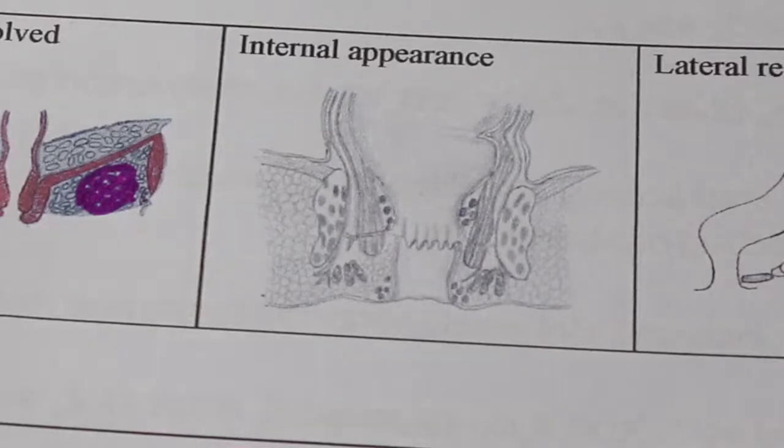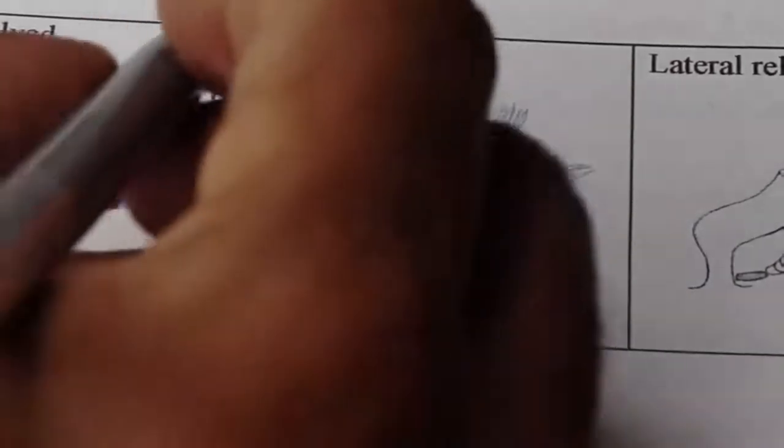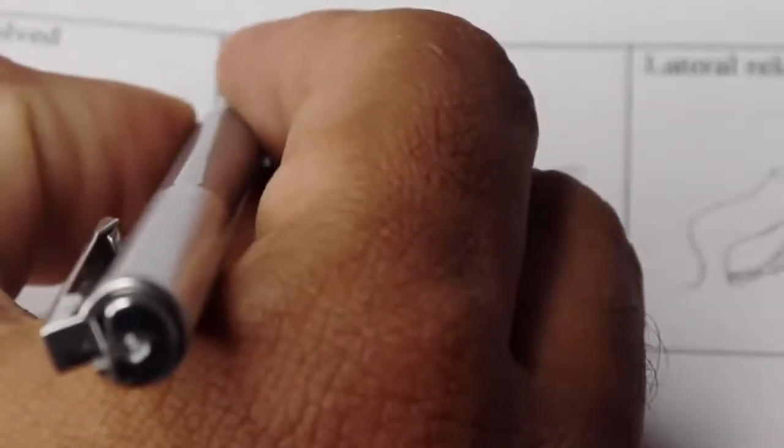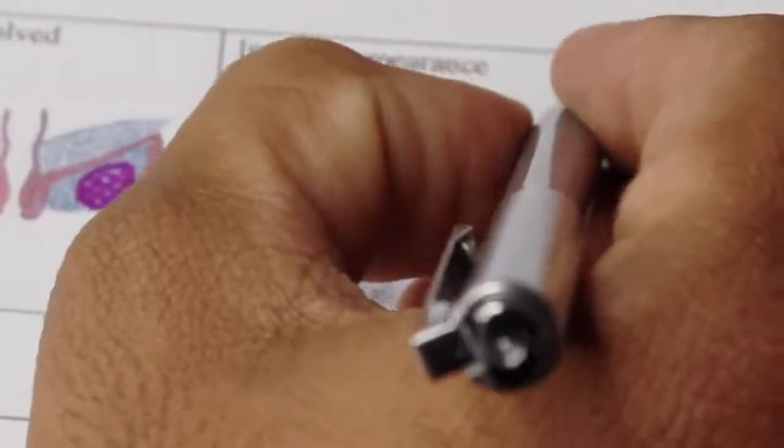With the help of this diagram, we can understand about the internal openings, internal hemorrhoids or the fissure, and if there is a fistula, what is the relation of the tract along with the sphincters. So this will help us to understand in a better way. So first we should mark which is right and which is left.